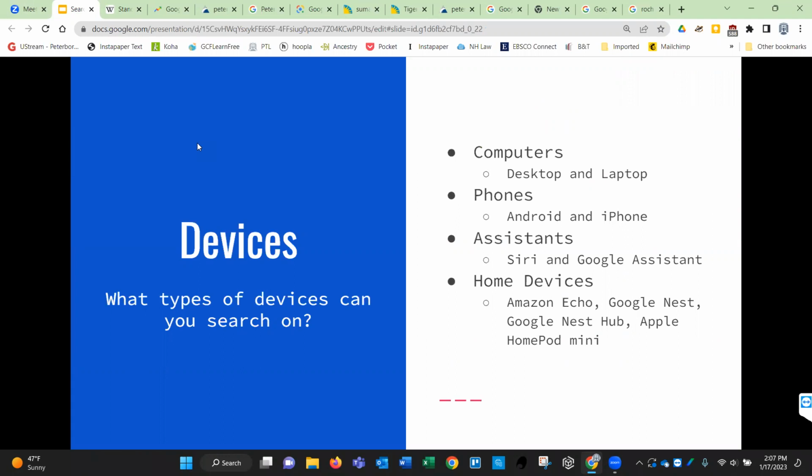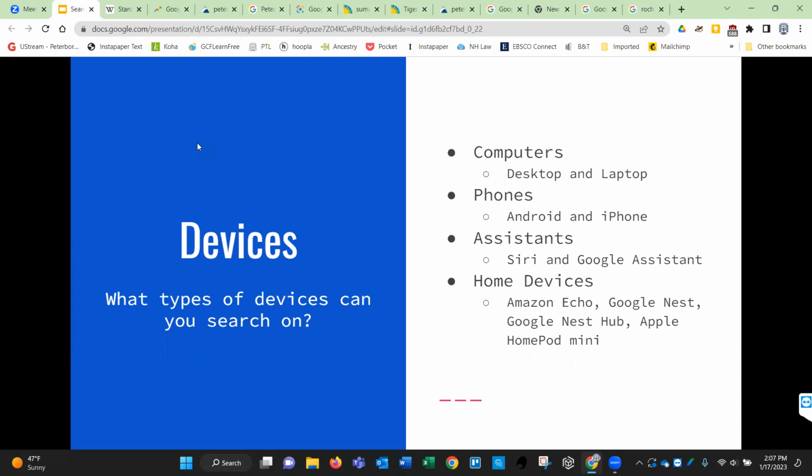What device you search on will occasionally give you a different result. For example, if you are using your desktop computer, you will get the most generic search generally available. If you are using your phone, Google will more heavily weight your location. So if you're searching pizza places on your computer, you will find ones that are generally in your area. If you search it on your phone, it will try and point you towards the absolute nearest one, as an example. So phones and computers are a little bit different.